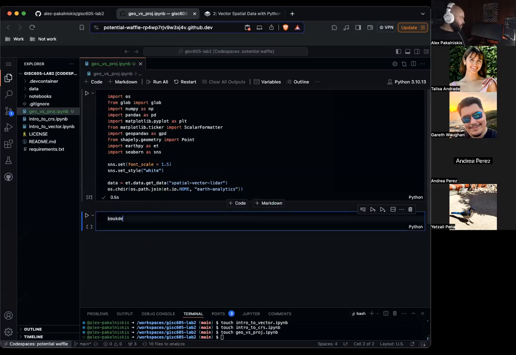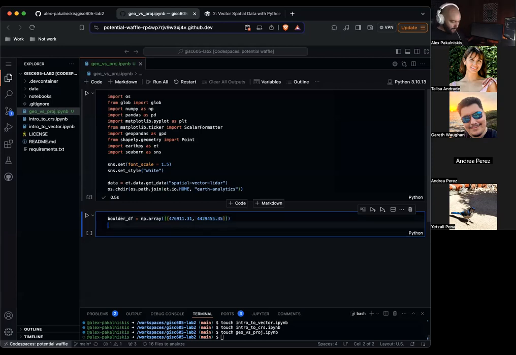So we'll do Boulder df equals np.array 476911.31 and then 4429455.35. Cool. Geometry equals Point(xy) for xy in Boulder df.